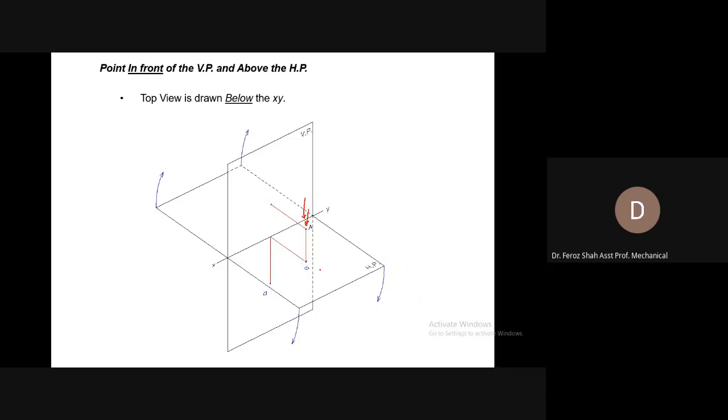Now I have told you that the top view will always be formed on the horizontal plane and the front view will always be formed on the vertical plane. So here is the top view. Now, after getting the top view on the horizontal plane, you will have to rotate the horizontal plane 90 degrees clockwise so that it merges with the vertical plane, and in this way it will be exactly aligned with the front view. Now, I have told you about the alignment, for example,